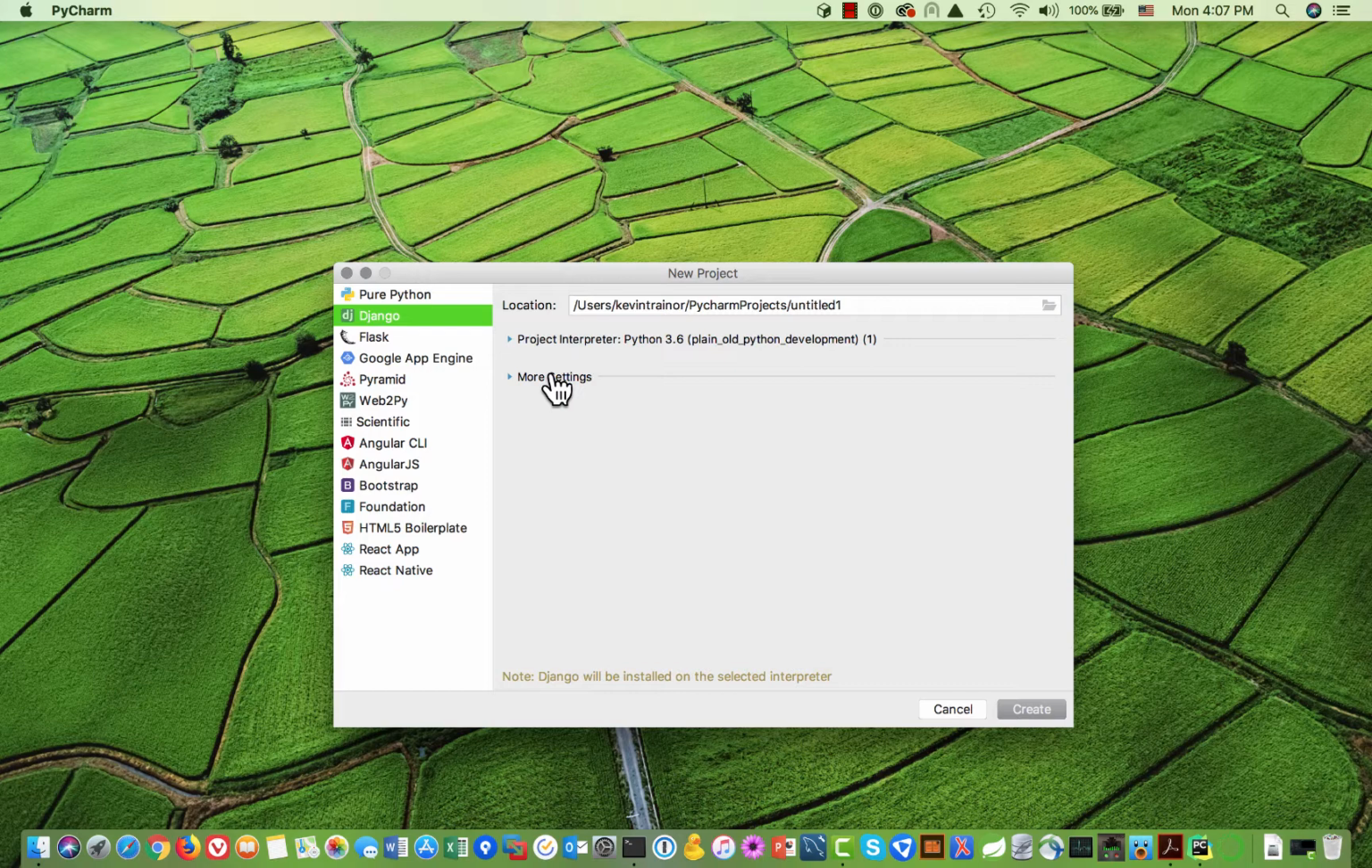Okay? So we're going to have to do three things on the right side. We're going to have to make sure we remember to properly name it. We're going to have to give it the proper interpreter, which means to point it to the right environment. And we're going to have to pick a couple more settings. Okay, so the first part, let's give it a proper project name. Let's call this our first Django